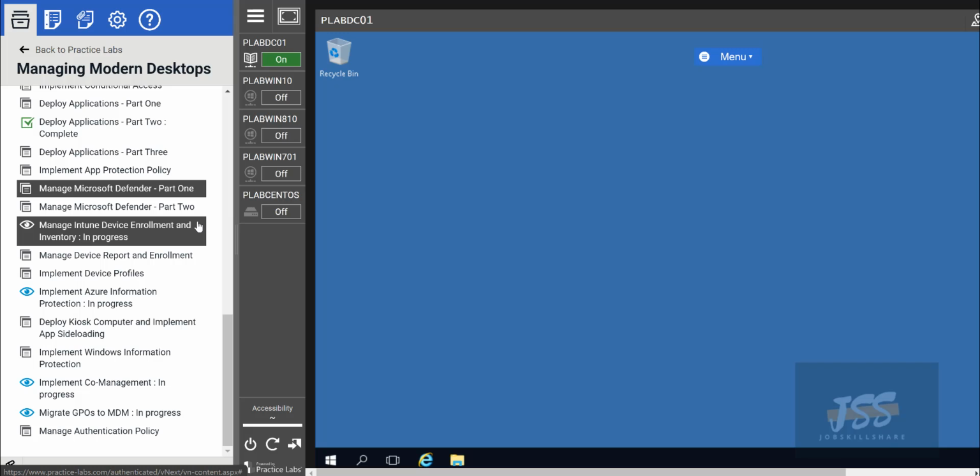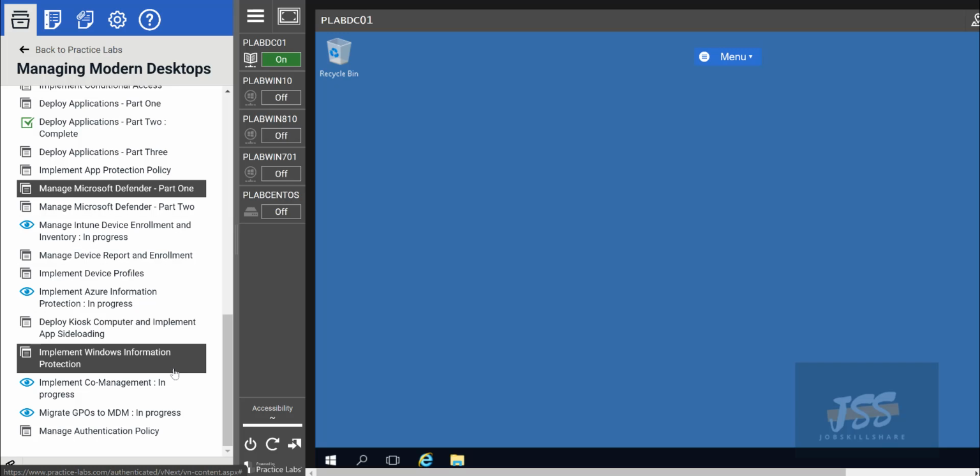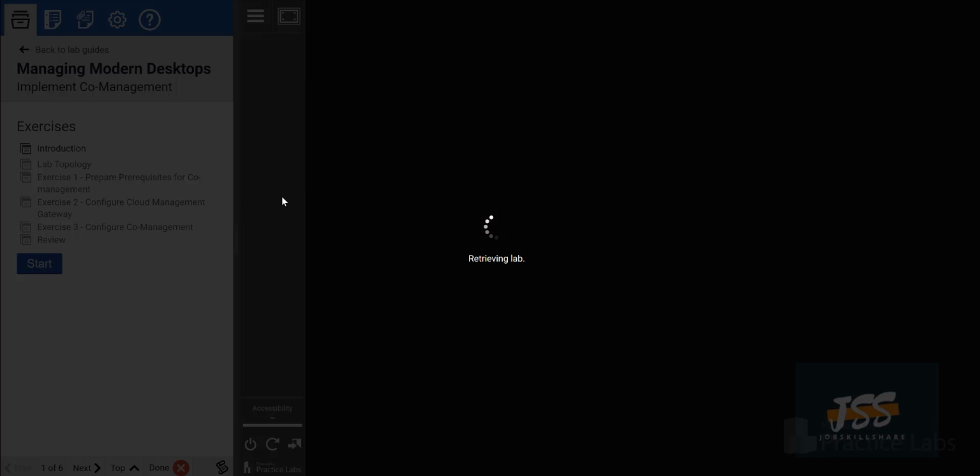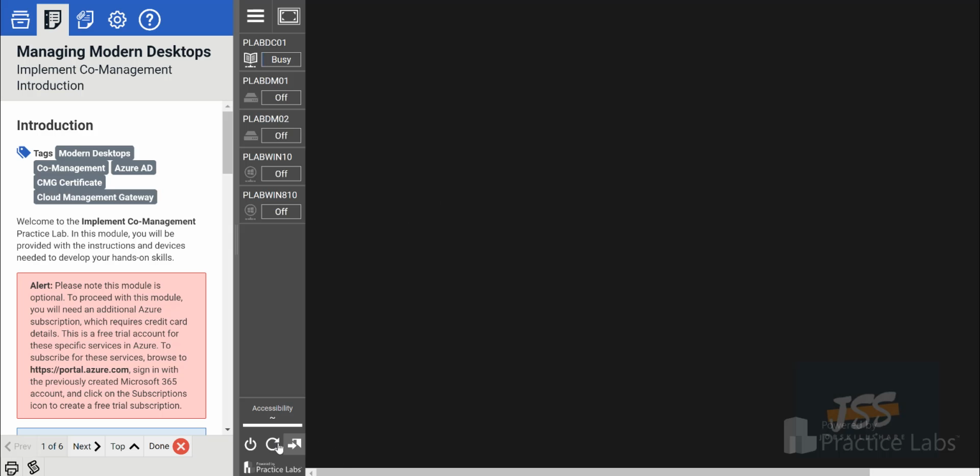Then again, we have these other more advanced areas where you have this co-management, and this is where you can actually practice on SCCM, and that's where it's a powerful lab, because I'm going to show you that this lab comes with SCCM, and of course you cannot learn about SCCM from this lab. SCCM is way beyond help desk. Even sysadmins will be struggling with this sort of learning if you're a new sysadmin. So we do not recommend you go and start learning SCCM.